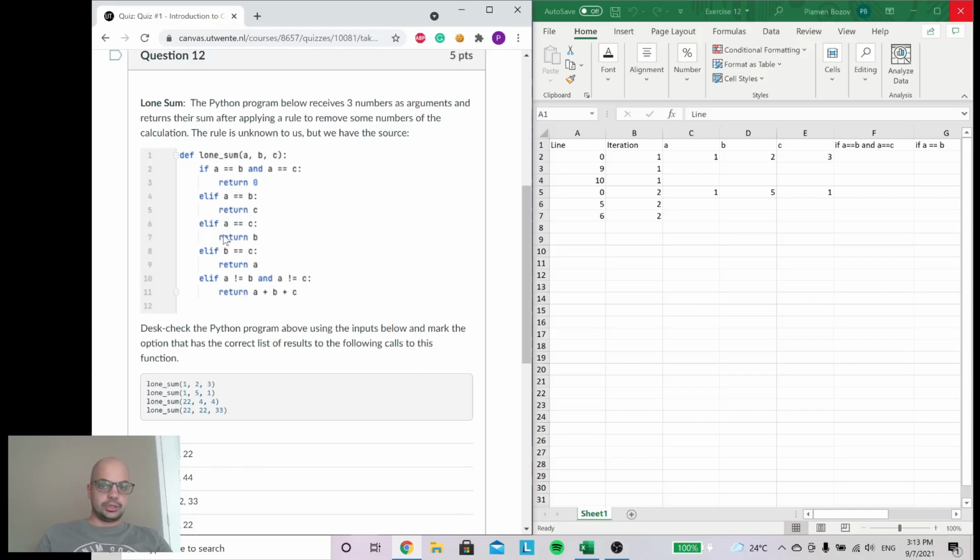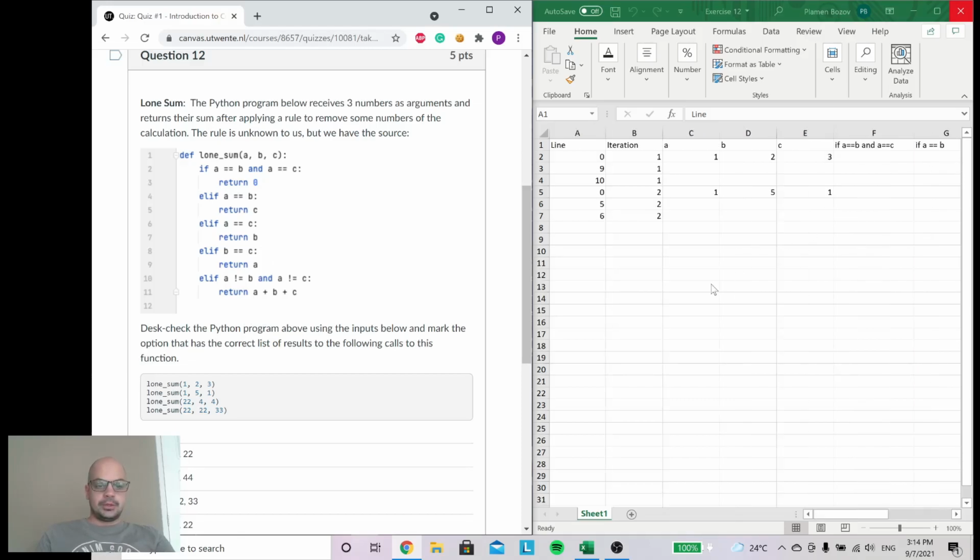So on line 5, I have that A is equal to C, which is true because 1 equals 1. And in that case, this else if statement returns true. So I'm going to return B, which is 5.